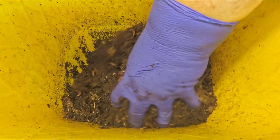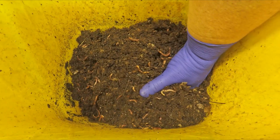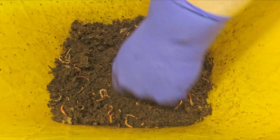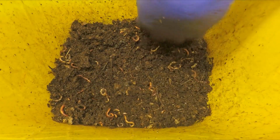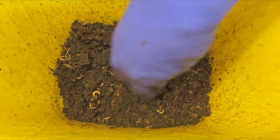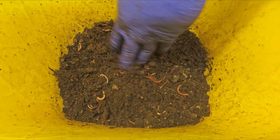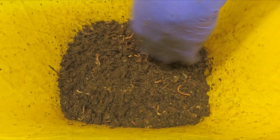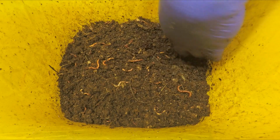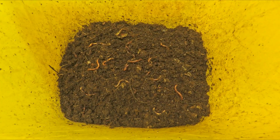So let's just continue on here with the whole concept of just aerating the system, while at the same time just trying to get a sense for the foraging and how it's doing. How are they doing in terms of breaking down all the residual bits of bedding and stuff still lingering in these systems? I'm also trying to gauge if I like the moisture level, and I think I do. I think things are quite nice and comfortable down in these systems from a moisture perspective. The worms should be quite content to be in these buckets. I think it is